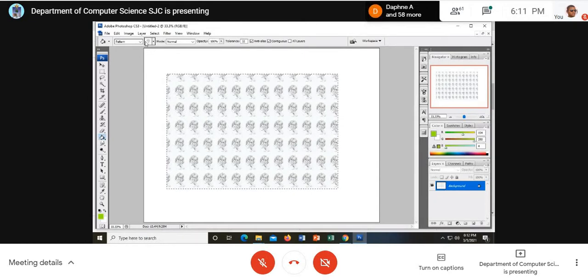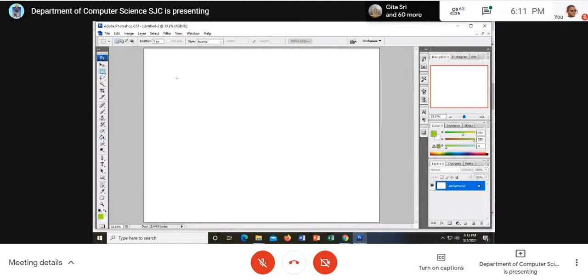First I have chosen the shape, then the paint bucket tool and then pattern, then click here. It doesn't come. Again, the shape layer must be resized before proceeding. No, madam, I have not resized. It will come like this, sir.